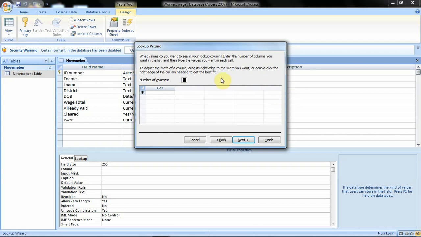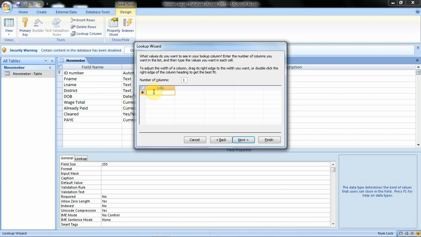From this dialog box, as we can see from this preview, under Col 1, we are going to click in that first cell. Under Col 1, we are going to type in the values that we want to use whenever we are inserting data in this field for district.